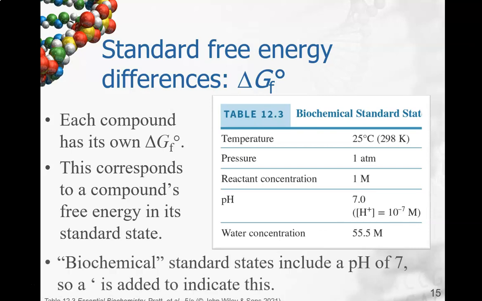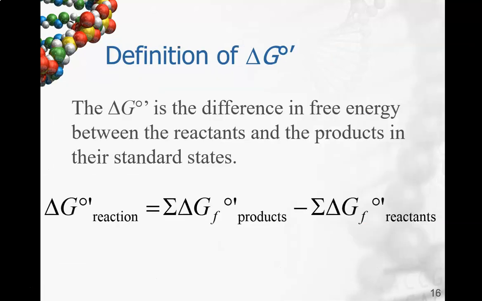So what we do is we add an apostrophe onto the delta G zero prime. So we add an apostrophe and we pronounce that primed, and we indicate that the pH is 7, which corresponds to an H plus concentration of 1 times 10 to the minus 7th molar. So a delta G zero primed reaction is the sum of the delta G of formation